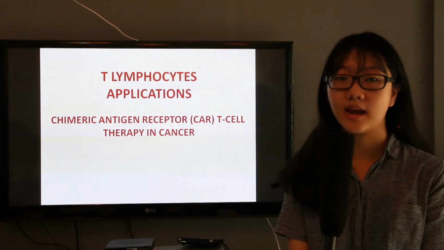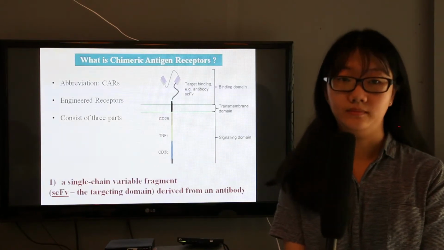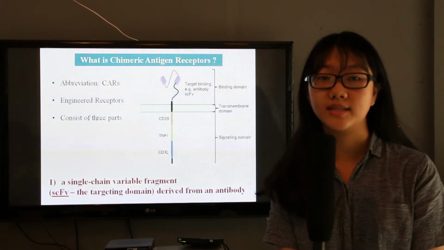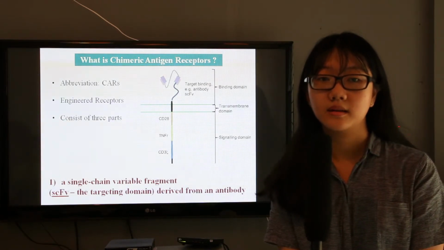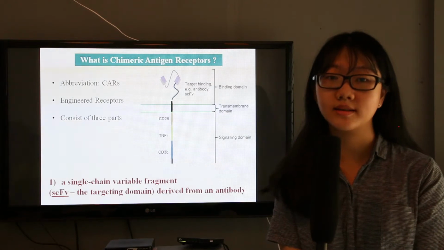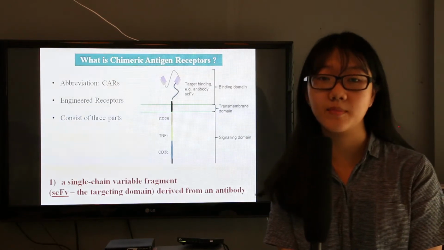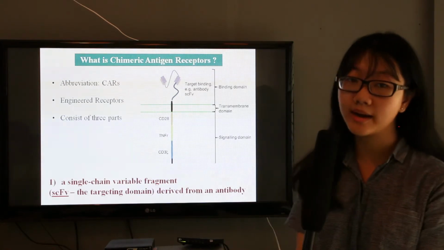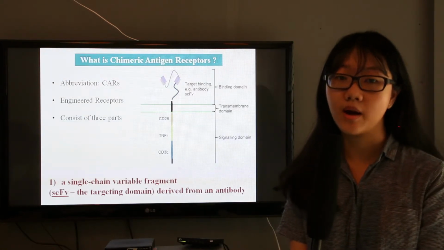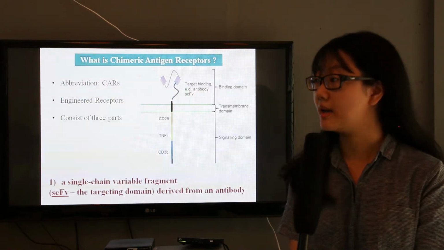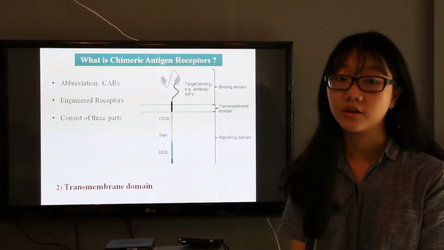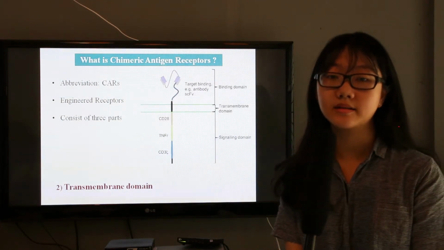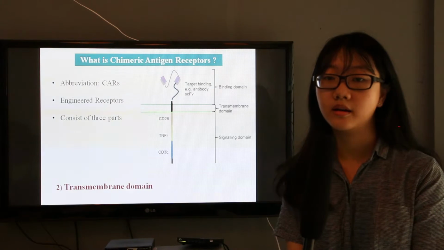First, what are chimeric antigen receptors? Its abbreviation is CARs. They are engineered receptors. It consists of three parts. First, CAR specificity is frequently determined by a single chain variable fragment composed of an antigen binding region typically derived from a monoclonal antibody. The second part is the transmembrane domain that tethers the antibody to the cell, and the last part